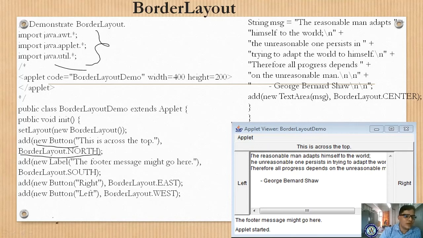Next you are adding a new label. The content of the label is "the footer message might go here", and this should appear at BorderLayout.SOUTH, exactly down. This is the top and this is the bottom. North means top, south means bottom.